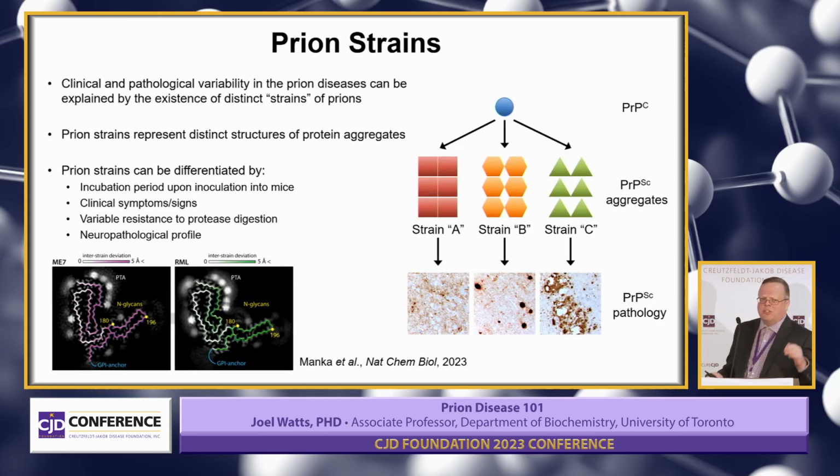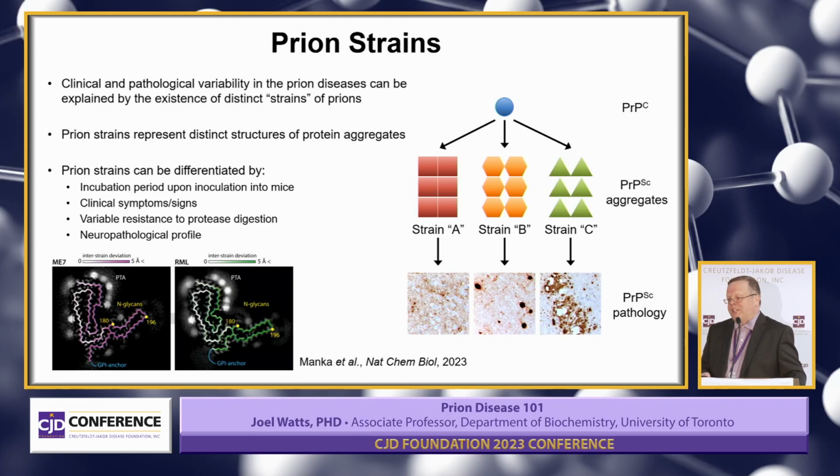So not all prions are alike. There are different strains of prions, much the same way that there are different strains of viruses or bacteria. Instead of having changes at the nucleic acid level, in prion disease the changes are at the structure or shape level. And so it turns out that a given PrPC can actually misfold into several different shapes. Each of these different shapes then clusters together to form aggregates, and they give slightly different phenotypes.